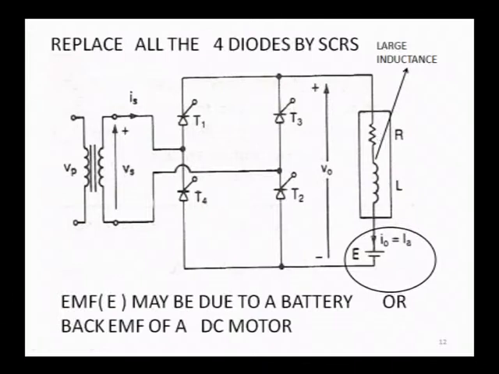Now in order to reverse the direction of power, what should happen? This back EMF should be greater than the source EMF, then only the motor can run as a generator. When it is running as a motor, the source voltage is greater than the back EMF, and the source feeds current to the load. If you reverse it, with the motor running as a generator, the EMF at this point should be greater than the source, then only you can feed back. We can say it is a regenerative operation. That means current reversal. How to do it?